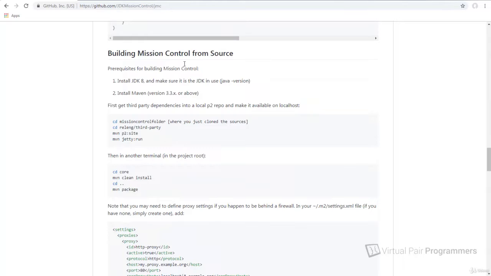I'm just scrolling down here. It's this section here, building mission control from source. Now, these instructions are reasonably clear. You can just read through them and have a go at it yourself if you like. I am going to do it on the video, but there's a couple of really important things you need to